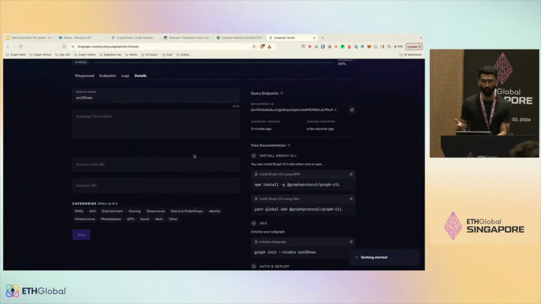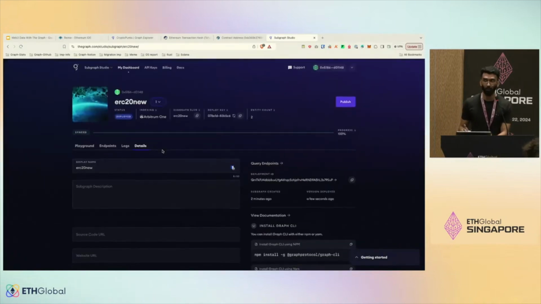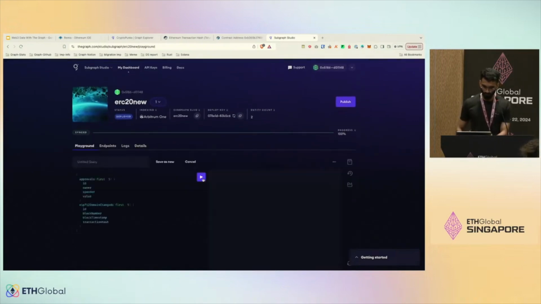Now you can happily create your decentralized application, and of course, win $3,750. Right? My subgraph is created. Now I can play with it. As you can see right now, let's see the approval. Let's go to approval. Right now, the approval